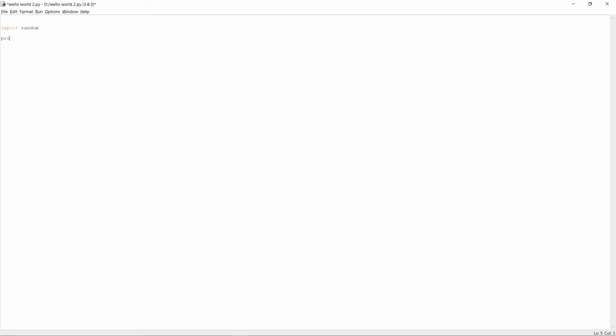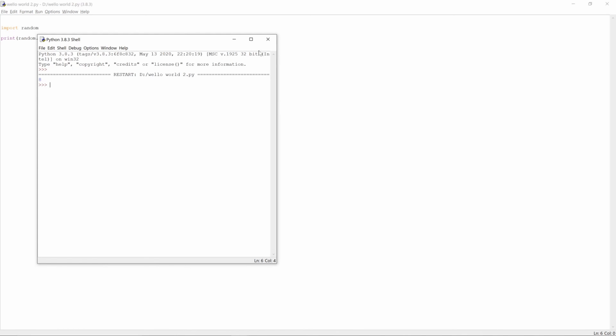So now we want to go print, open brackets, random dot randint, open brackets 0 space dash 9 close brackets, and save. So what we're doing here is we're calling our random puzzle piece, and we said we want a randint, so just add an extra t, randint, random int, which means a full number, and we want it to be between 0 and 9. So if we save this and click run module,